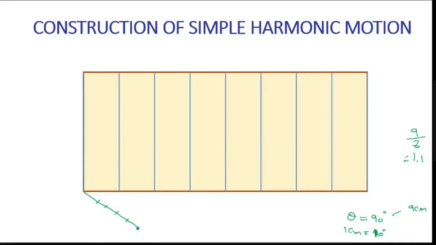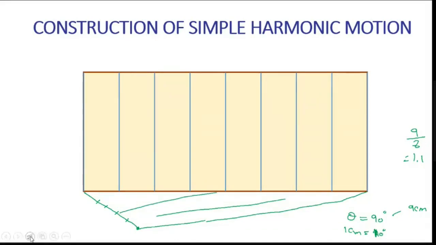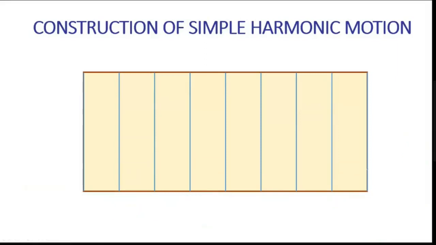If it is exact, like 8 by 8, 1 centimeter, you can split it easily, and you don't need to draw this. But if you can't split correctly, what is the procedure? This is the procedure. Draw a line at any angle for whatever length, 9 centimeters. Connect this with respect to the last point. Draw parallel lines accordingly. You will get this. Hope you can understand. That procedure you use to divide into 8 equal parts.